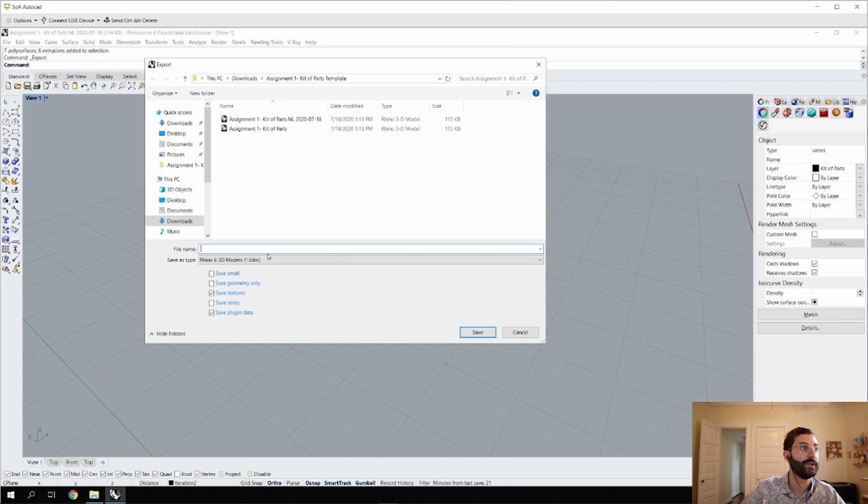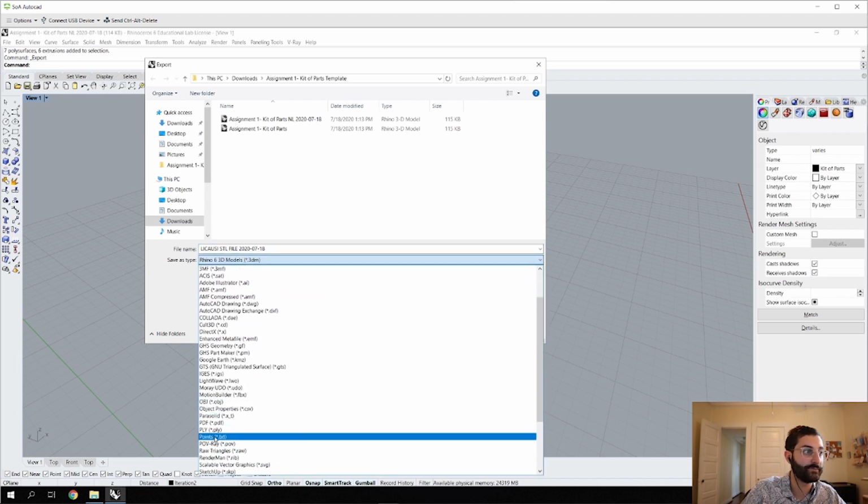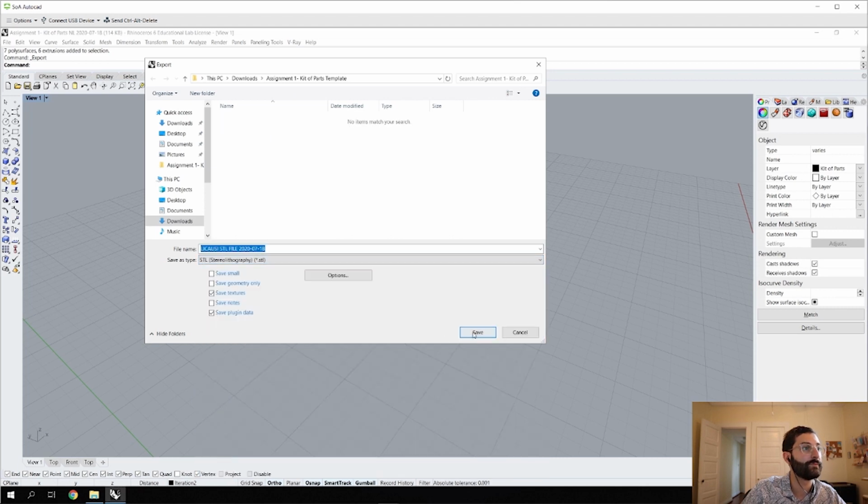So we're going to name this Lakazi STL file. I'm going to put today's date on it, 2020-07-18, and then save as type. I'm going to change this to STL. I'm going to click save,